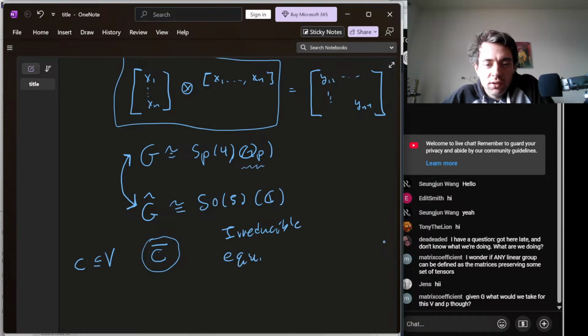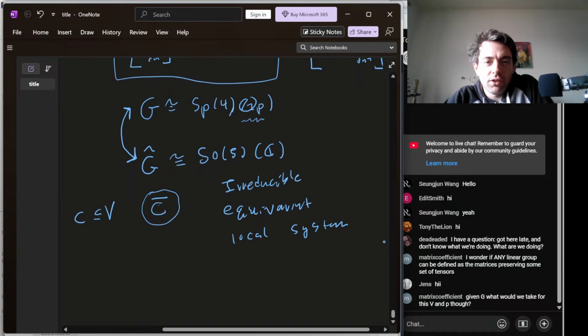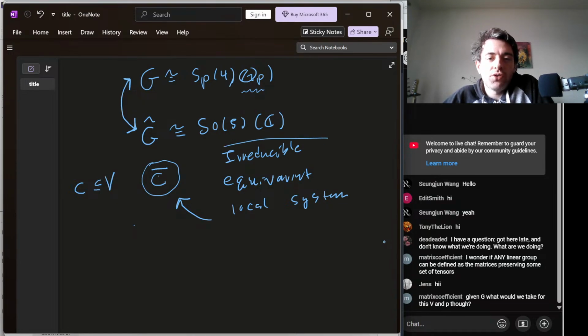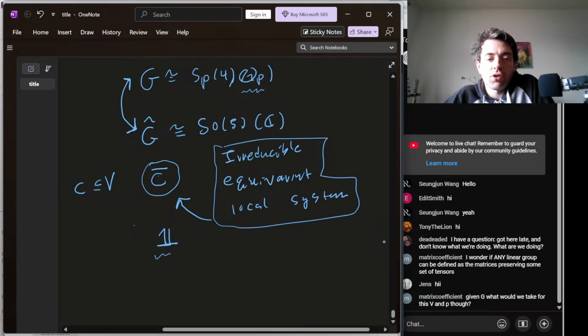equivariant local system on these orbits, on the closure of this orbit, right? Because in this paper I'm working on, we have some theorems that say, if you have an irreducible equivariant local system on this closure, then we get some theorems out of it. And the thing is, the only examples we had until now were just what's called the trivial local system. So you've always got that one.